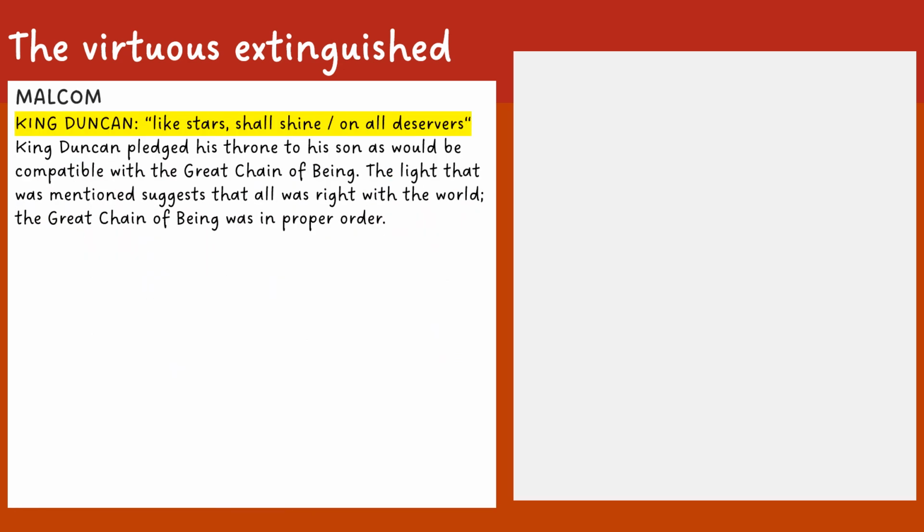Now we're going to go back to the beginning of the play, that moment I was describing when King Duncan announces to all the noblemen that Malcolm will succeed the throne once he passes. He declares that like stars shall shine on all deservers. Okay, so the idea that King Duncan is pledging his throne to his son, this for the audience would be viewed as being compatible and supportive of the belief of the great chain of being. Okay, and it's this idea that we've got that reference to light, the use of the word stars, shows that this was